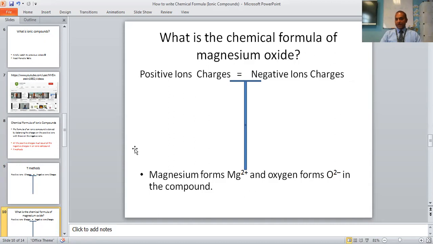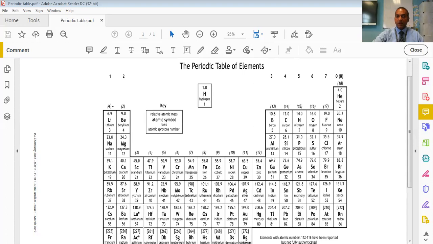And you may ask me how we can get that. We need to look at the periodic table. Let me show you our periodic table. So guys, this is our periodic table. All those in group 1 are always +1. Their charges are +1. You can write down: all these are +1. Lithium, sodium, potassium, rubidium, cesium, francium.